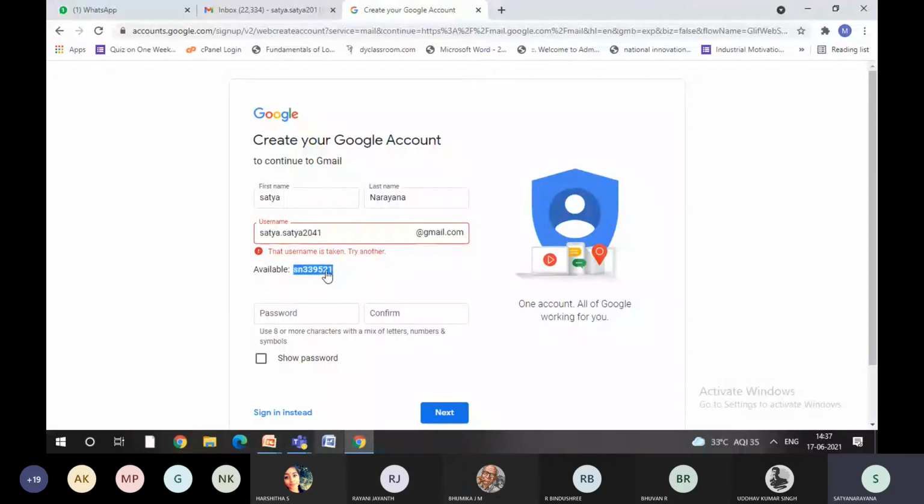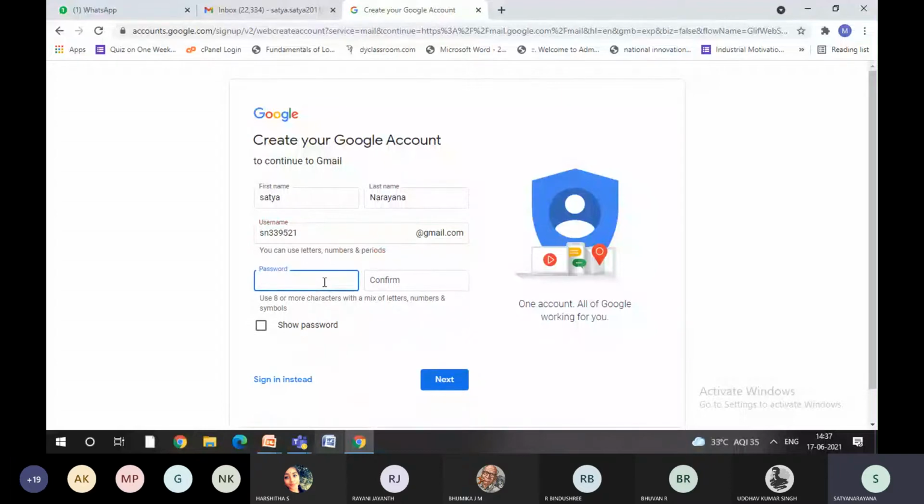Now what I will do is I'll just take this. Now I'll go to the password. See here, already we are giving instructions: use 8 or more characters with a mix of letters, numbers and symbols. What I will do is I'll just use characters of 3. The moment I put again ABC, some ABC I'm just putting, when I say next, you can see here the try block through the catch or exception, it is showing it.